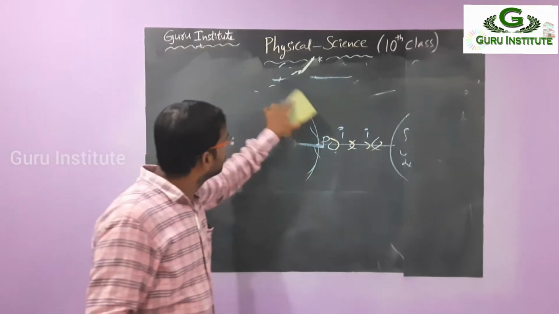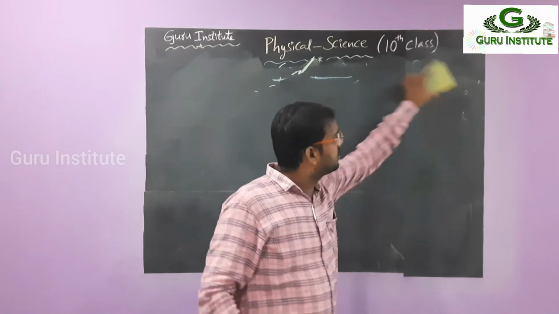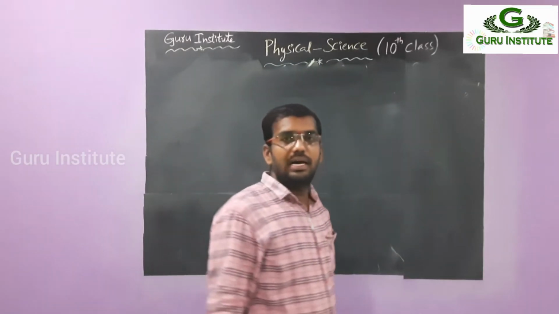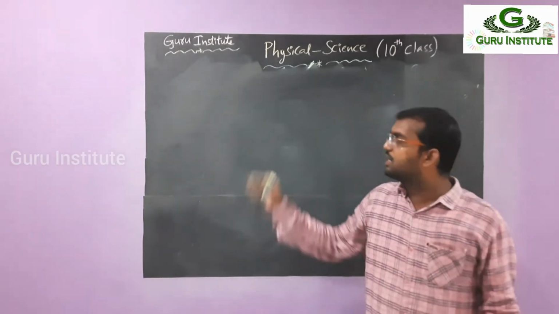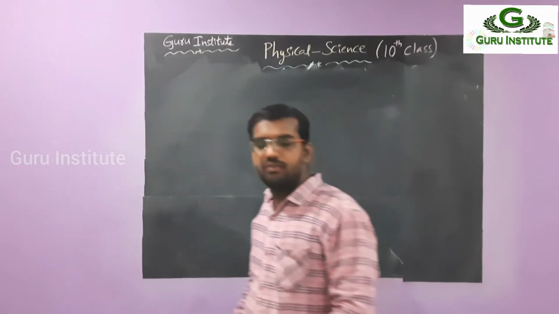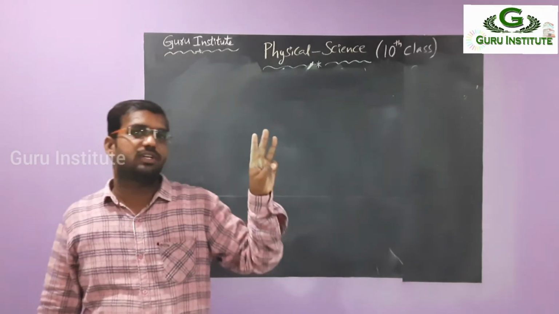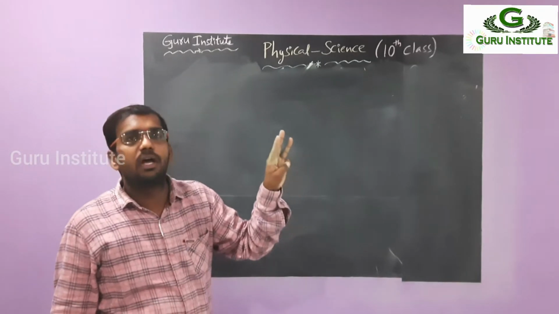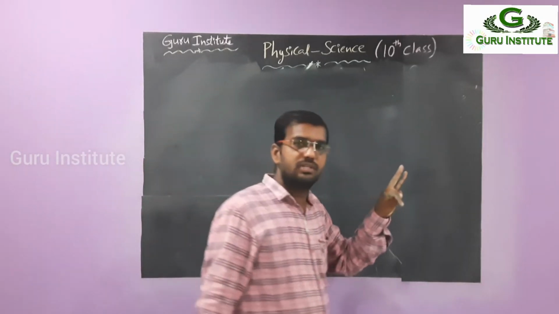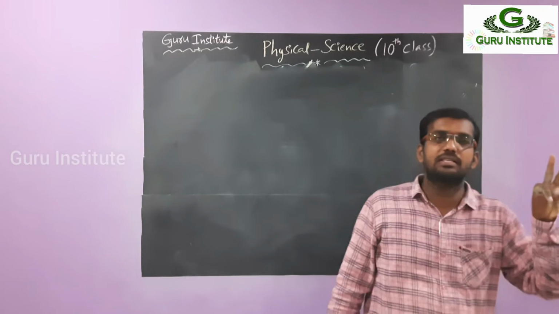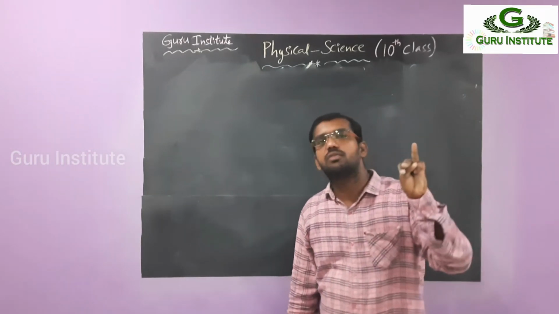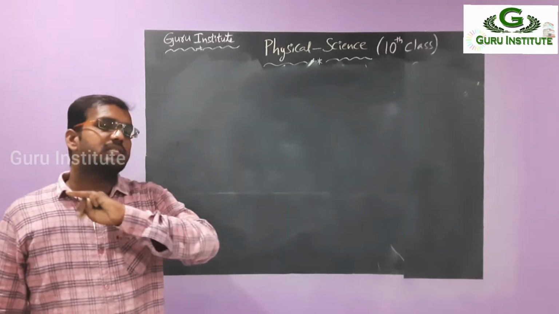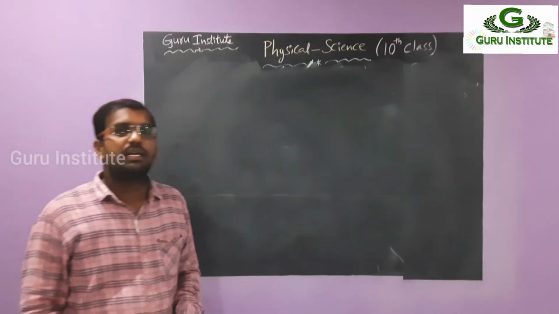So, my dear children, what have we now observed? In order to draw the ray diagram for the nature of the concave mirror and convex mirror, we require three rays. What is the first one? A light ray passing through the focus becomes parallel to the principal axis, and vice versa: a light ray parallel to the principal axis passes through the focus. And the third one is a ray passing along the normal, through the center of curvature. It will come back along the same path, that means no deviation takes place.